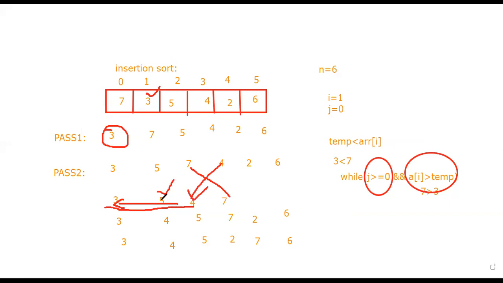Again it will compare with 5 and we'll exchange the 4 and 5 in the next step. So we are not directly placing the temp value here. That is why we are going in the backward direction, and that is why we are decrementing the value here. So after decrementing, what will happen? Minus 1 position occurs, which means the 0th position is reached. So what is at the 0th position? 3 and 4 are there. So that means the array is sorted in that way.